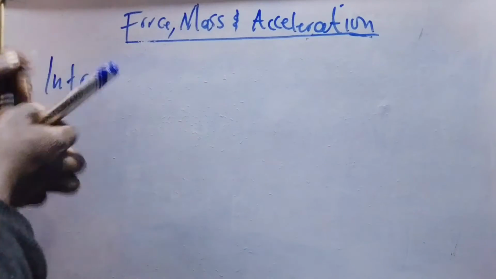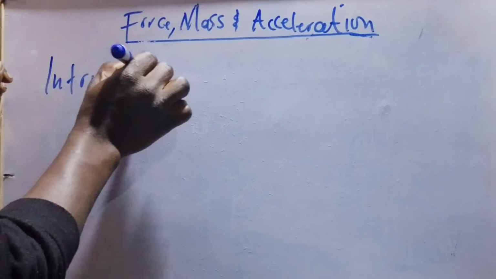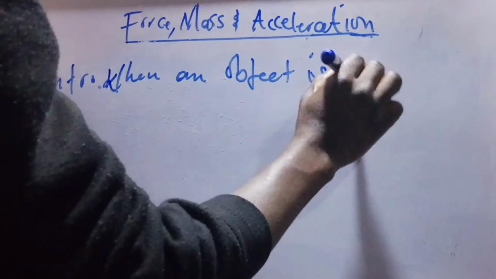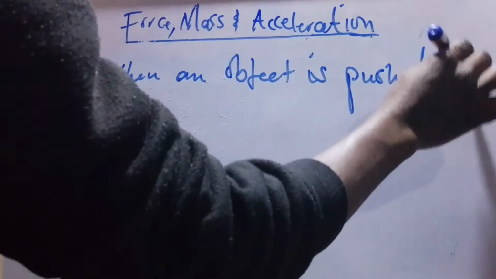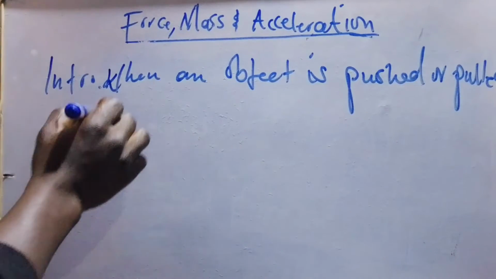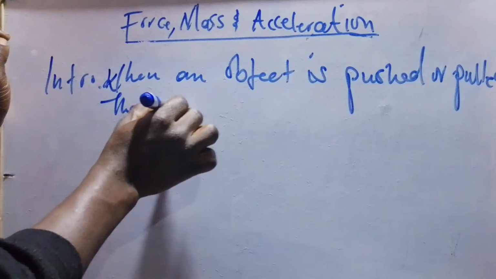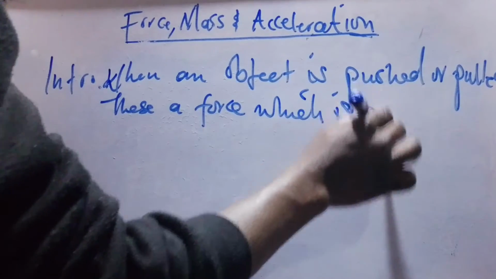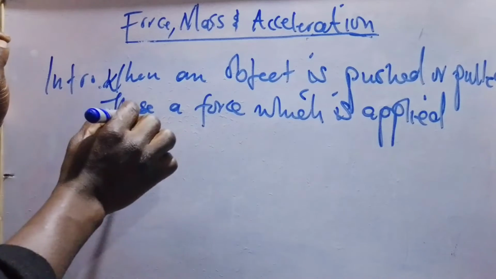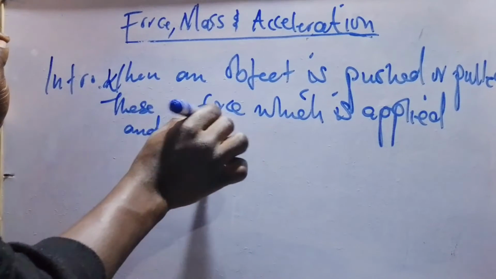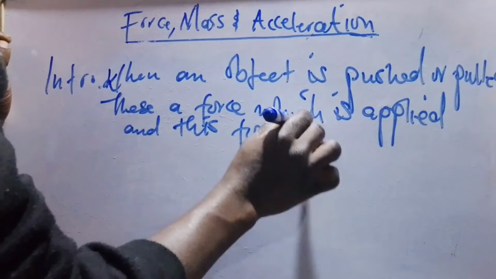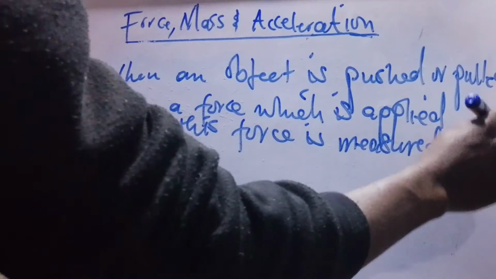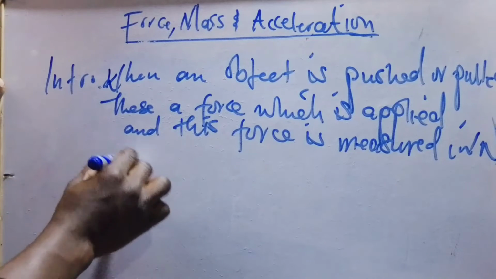Relationship between force, mass, and acceleration. When an object is being pushed or pulled, there's a force which is applied, and this force is measured in Newtons. Okay, so let's take for instance, we have this person here